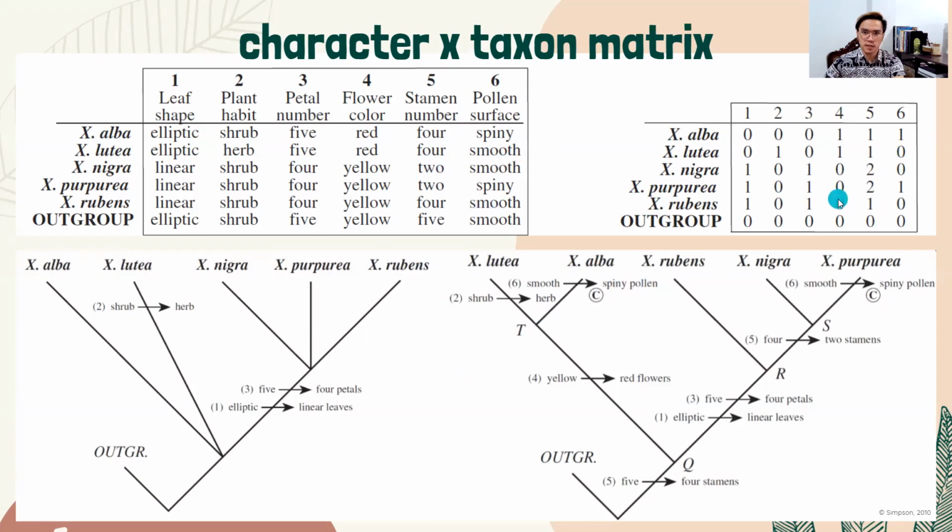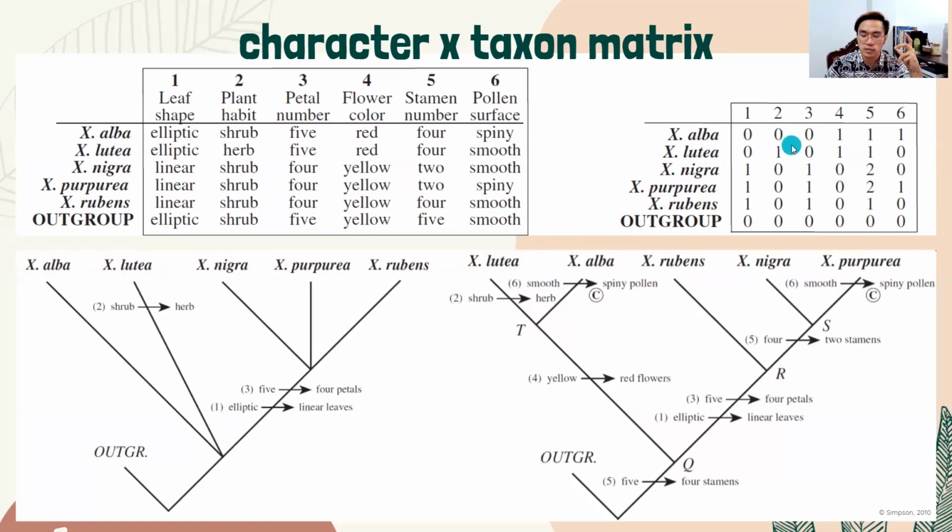How do we even make a tree out of a coded matrix? Well, we now take a look. Remember the concept? Essentially, the premise is that the more similar the codes are, the more clustered those OTUs are going to be, and the more different the codes are, the more distant the OTUs are going to be throughout the phylogenetic tree.